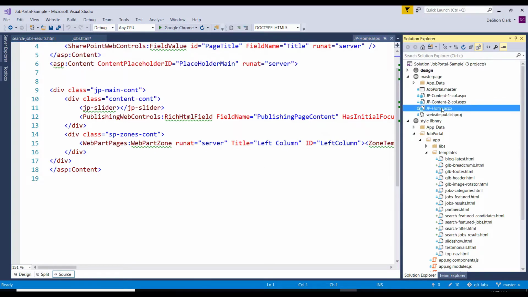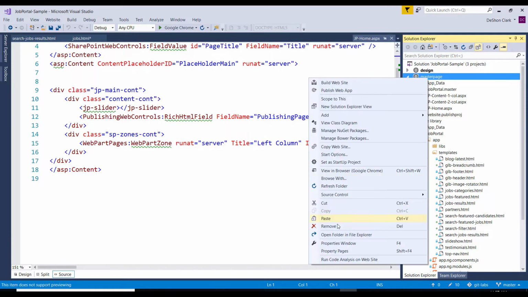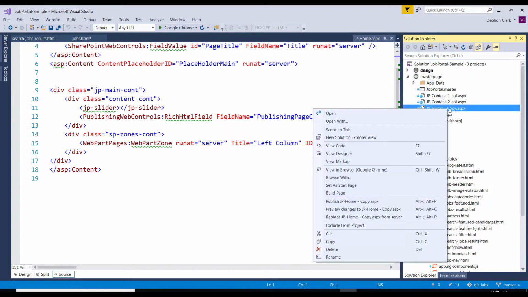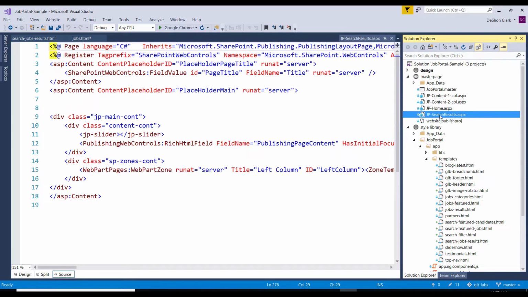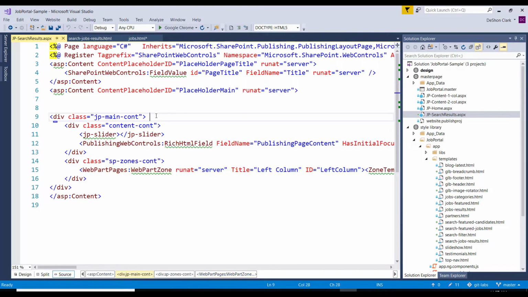So let's just copy this guy. Let me just copy this, paste this in, and then just do some renaming. And we just want to call this JP search. JP search. Yeah, that's fine. Search results. Yeah, let's do that. So JP search results. And let's go inside this guy. And where do we need to be? We need to be, as long as we're under this placeholder main,